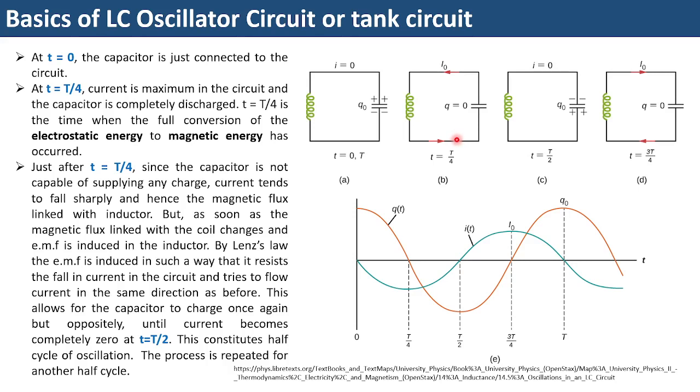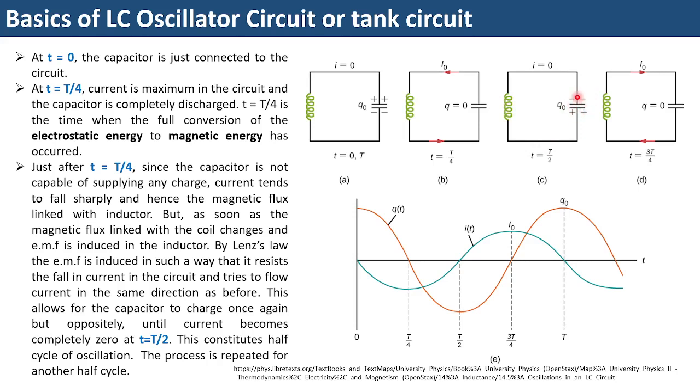Alright. So what will this back EMF current do? It will charge up the capacitor in a reverse direction. That means here you can see at t equal to T by 2, half of the time period, the capacitor is now charged in a reverse direction. Initially the positive charges were here, now it is here. Now after t equal to T by 2, this plate is positive. Now here one more thing has happened. The magnetic energy which was stored in the inductor has now got converted into electrostatic energy once again back into the capacitor.